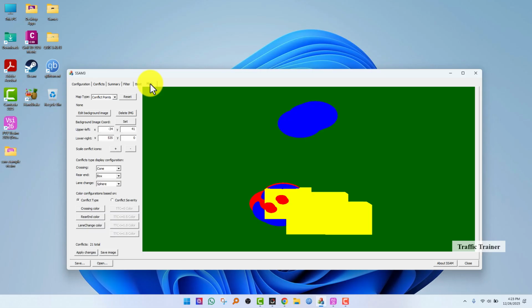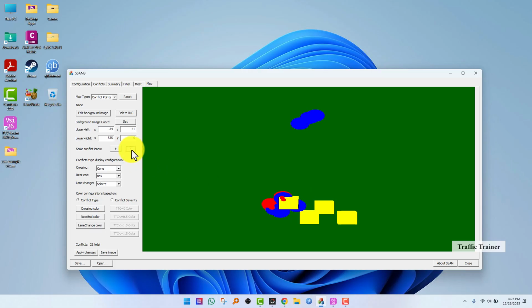You can see the map visualization of the near miss events, where the blue cone shape represents the crossing, the box represents the rear end type conflicts detected in the model, and the sphere indicates the lane change based conflicts. So if I zoom out, it will be clear to us that